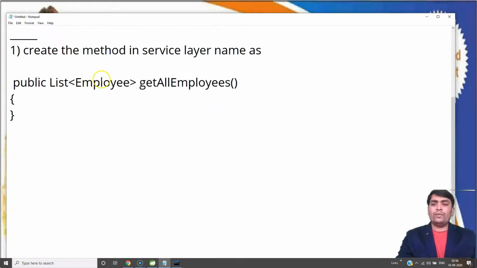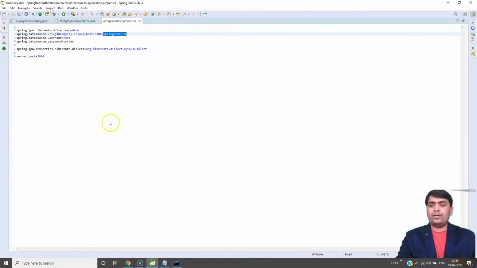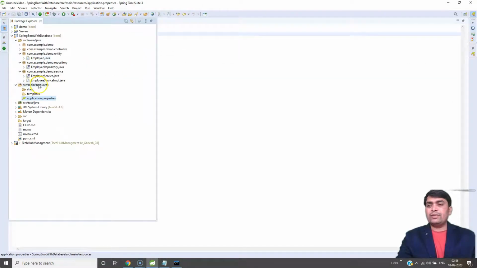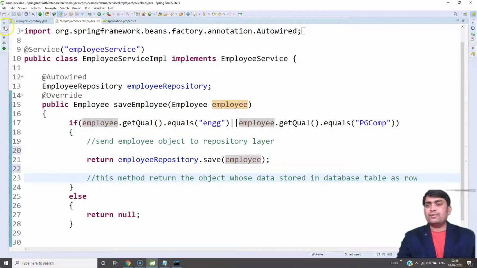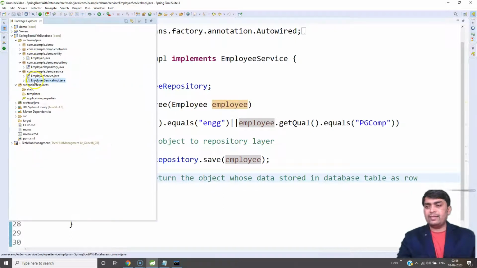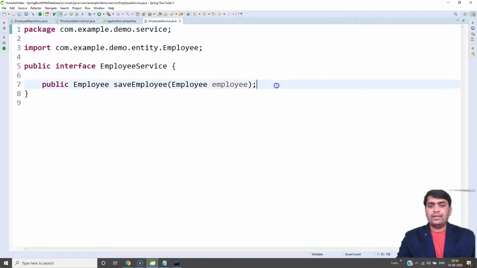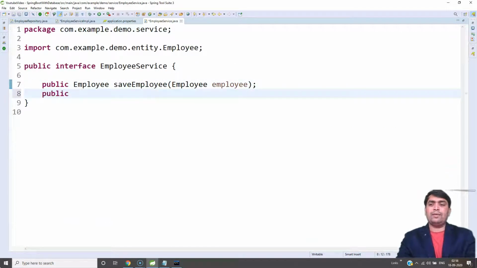Open the project. In the project we have a service layer. In the service layer you have to declare the method: public List<Employee> getAllEmployees.